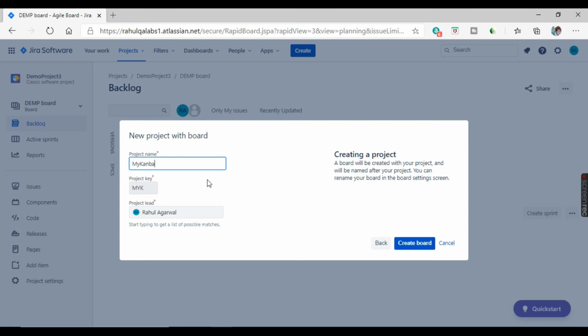So my Kanban project one. Okay, so this is the project key. Again, that is up to you, whatever name you want to give. And this is the project lead, the person who is creating the board. Okay, and we will click on create board.